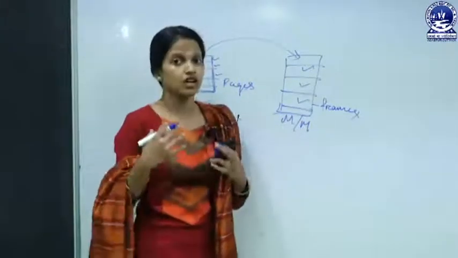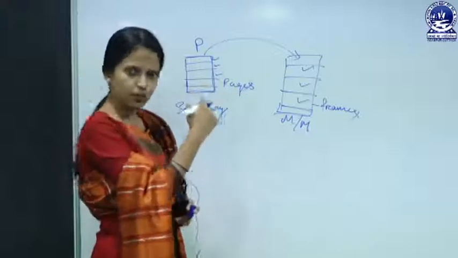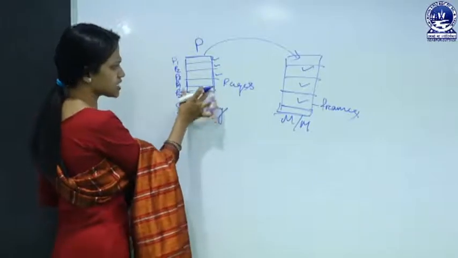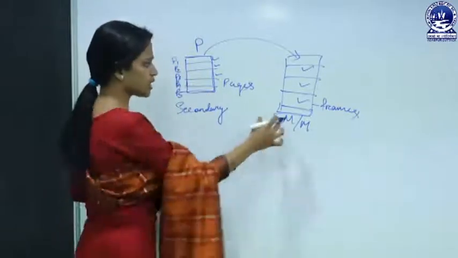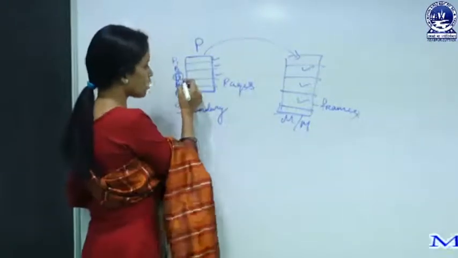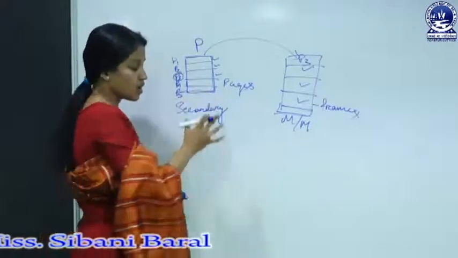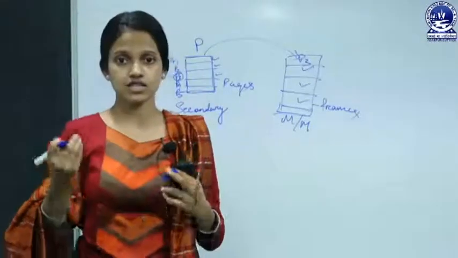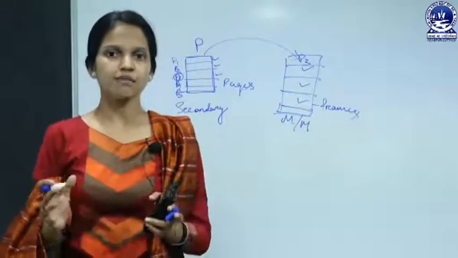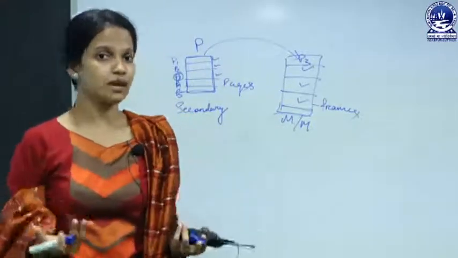If the CPU requires a page, suppose this process is divided into pages P1, P2, P3, P4 and P5. The process has 5 pages, and if the CPU requires page number 3 to be executed, then at that time only P3 is there in the main memory, not the whole process. Sometimes the process size is larger than the main memory size, because our RAM is of limited size, but processes can be of huge sizes.